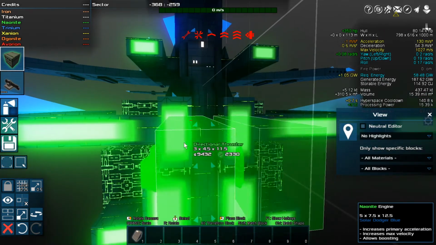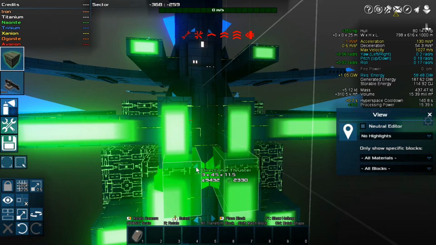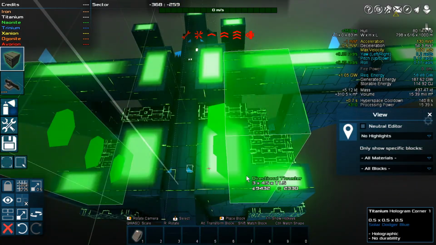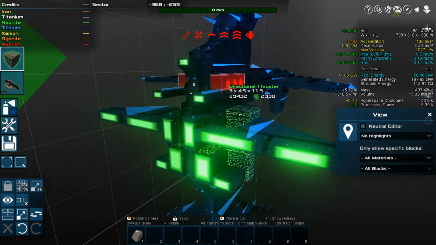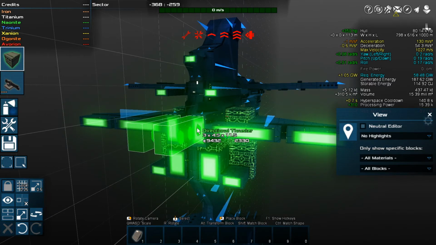So why don't we do this? We're going to get those out of there, because that's going to be internal now. There we go. And we can do something like this. How much is that going to add? 0.08. Okay. And what if we, that's 3 by 6.5 by 11.5. Okay, so we're going to do 12. We're going to do